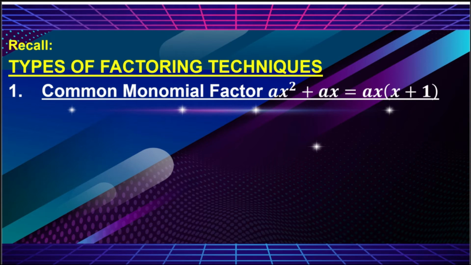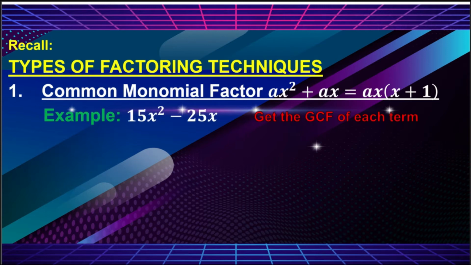First type is common monomial factor. ax squared plus ax is equal to ax multiplied by x plus 1. For example, 15x squared minus 25x. So first step is to get the GCF of each term. Now, the GCF of 15 and 25 is 5, and the GCF of x squared and x is x. So therefore, the GCF is